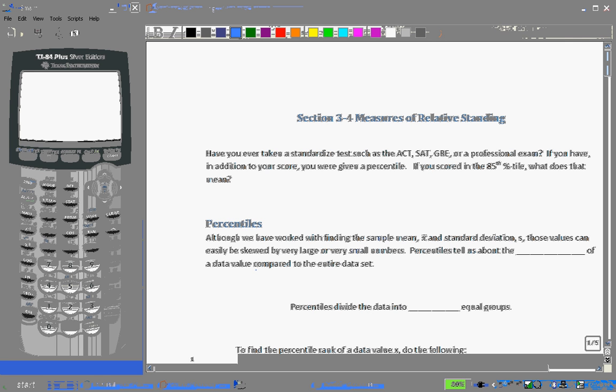Section 3.4 Measures of Relative Standing. Have you ever taken a standardized test such as the ACT, SAT, GRE, or a professional exam? If you have, in addition to your score, you were given a percentile. If you scored in, say, the 85th percentile,